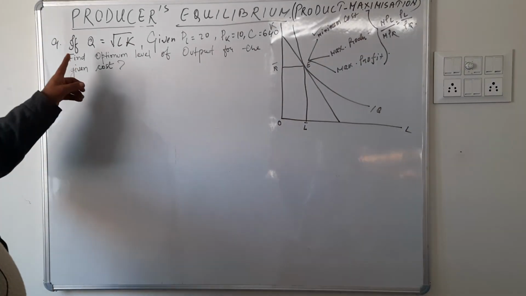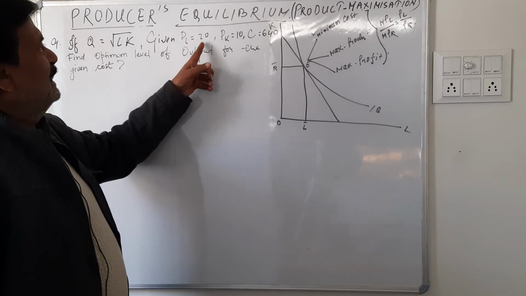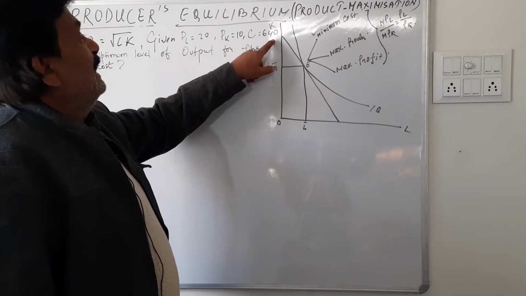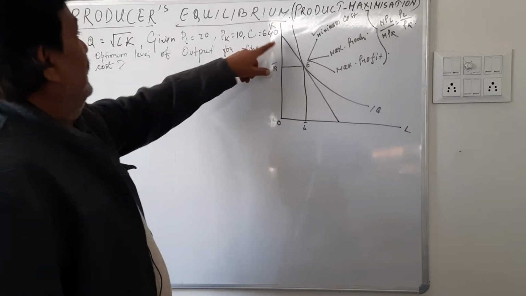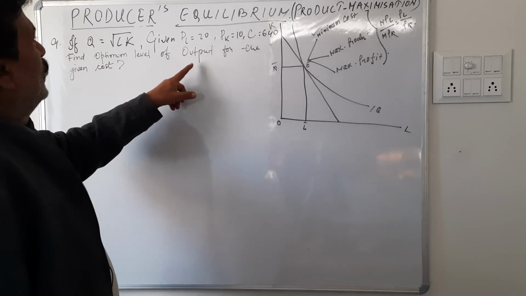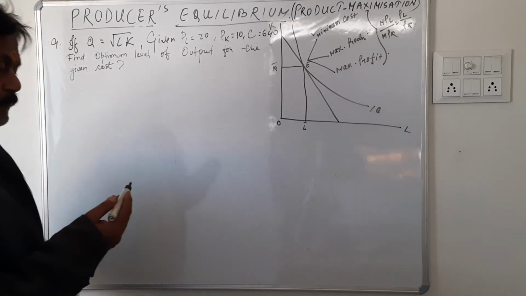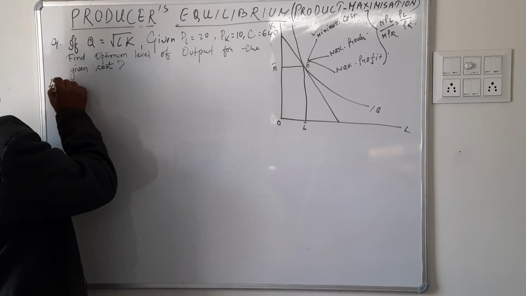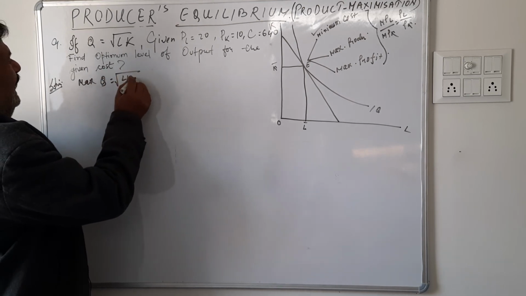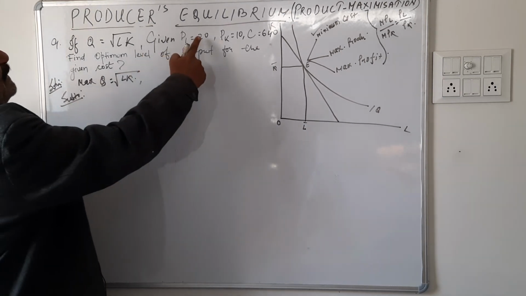This is the sum. We have the production function Q equals the square root of LK, and these are the given conditions: price of labor 20, price of capital 10, and cost 640. This shows that the producer is likely to spend 640 rupees on the production of Q. This is what it means. So now find the optimum level of output for the given cost. Absolutely, this relates to this problem, and now we must start the solution. The problem is to maximize Q equals the square root of LK subject to